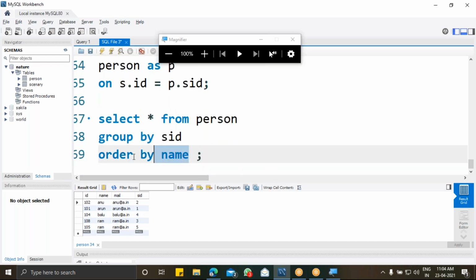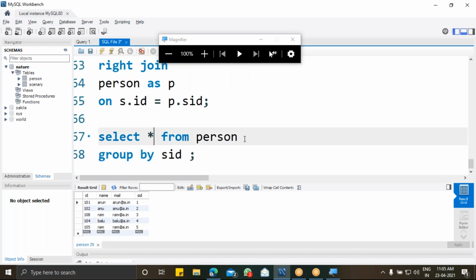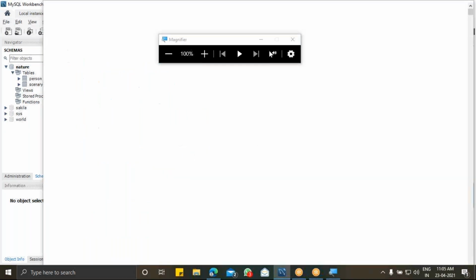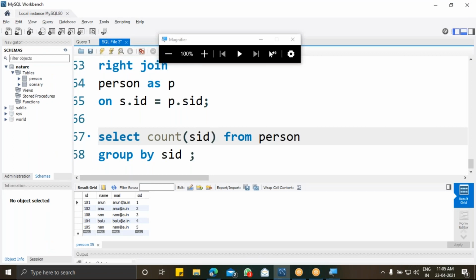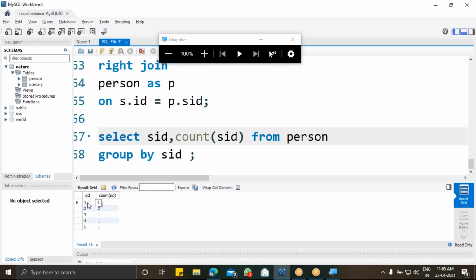Actually, I cannot use this order by. As you can see, I have grouped the data based on this SID, which is the scenery ID.